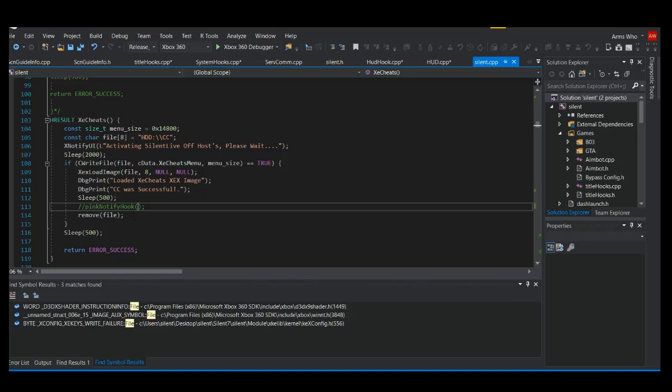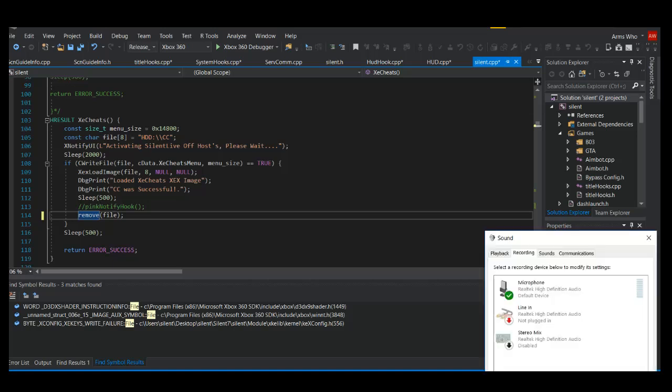launches, this command right here will delete the file off your RGH. Now, if you didn't have this here, if you had this blotted out or something, and you actually pulled up your Xbox RGH, if you looked into it, like on XEX menu or something, on your HDD, you should see a file named CC on there after the Offhost was activated. So, I just want to point out,